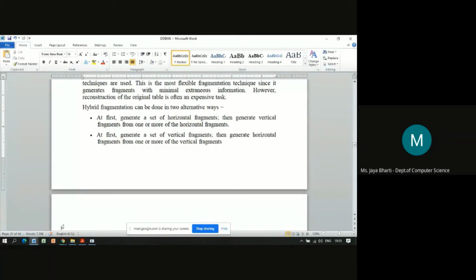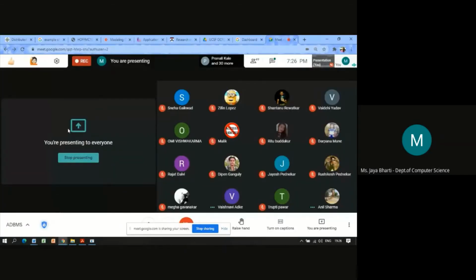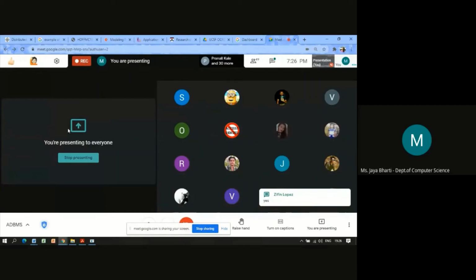Can anyone tell me? Let me just refresh you on a few concepts related to the creation of tables. So what is primary key and foreign key? Can anyone explain?